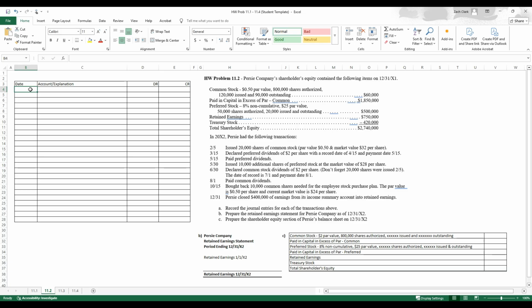Okay, so again we're going to be looking at the second year, 20x2. Here's the information from the first year. Let's look at our journal entries. There are a few more in this example. On the 5th of February, the company issued 20,000 shares of common stock. So again, we've got cash, we've got common stock,